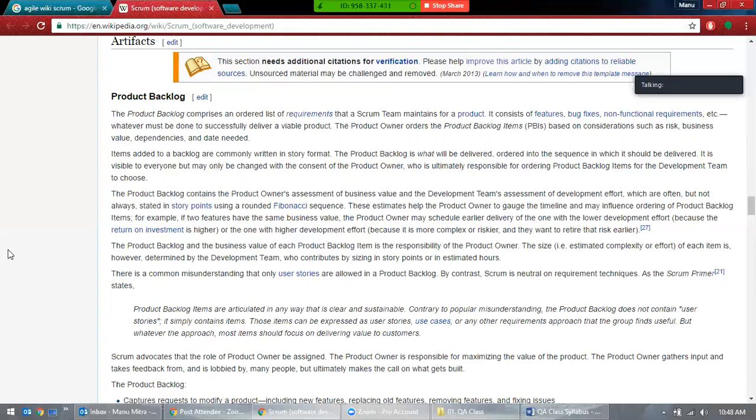That is about Scrum. In other methodologies, we really don't have that kind of meeting. We do of course have meetings, but not as intensively as in Scrum.